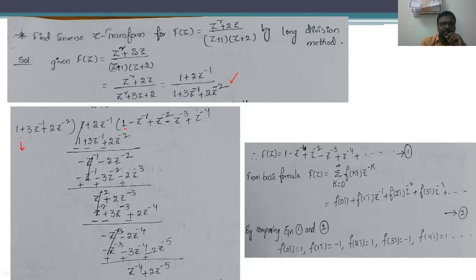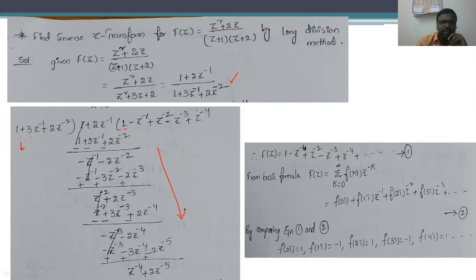So in order to calculate this particular z power minus 3, again we have to multiply this particular term with z power minus 3. So we are going to simply get minus z power minus 3 minus 3z power minus 4 minus 2z power minus 4. Okay. In this fashion, that means in this particular process, a long division is going to be calculated or obtained.